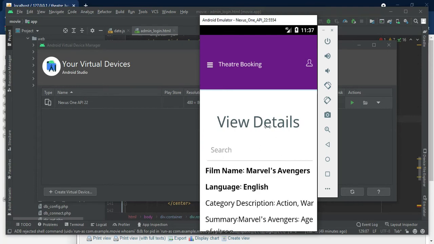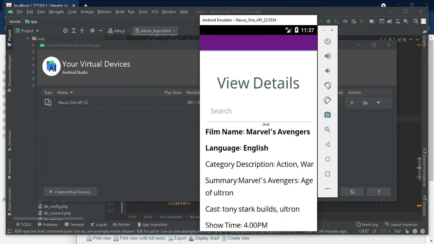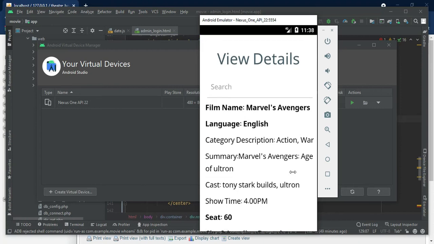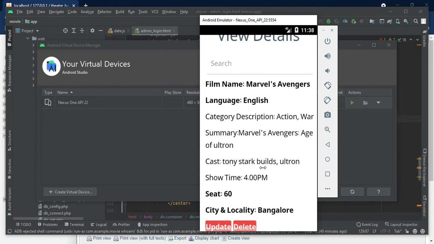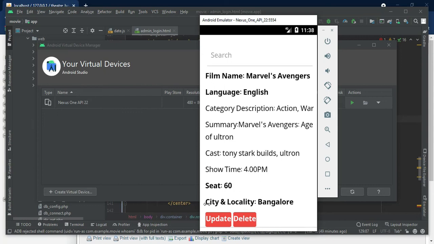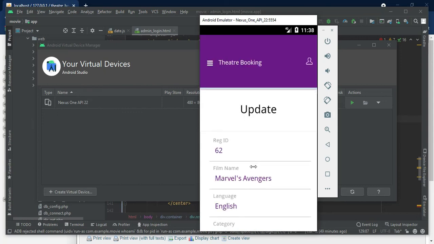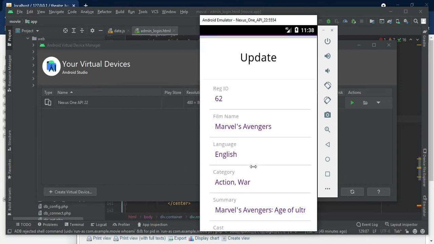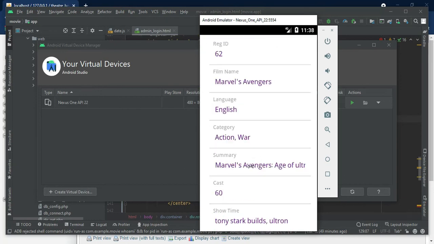Whatever shows you create, you can manage in update show. So you can see whatever you have created. If you want to update or delete the details, you can click on update to edit the existing details.